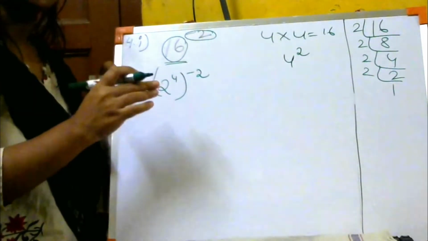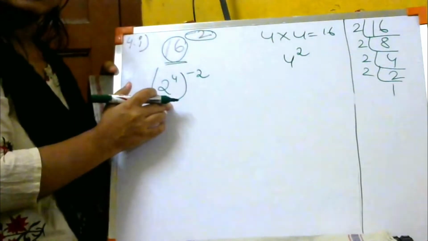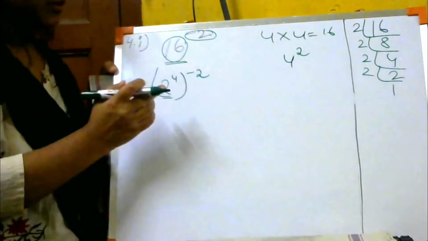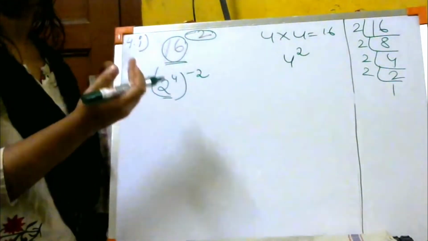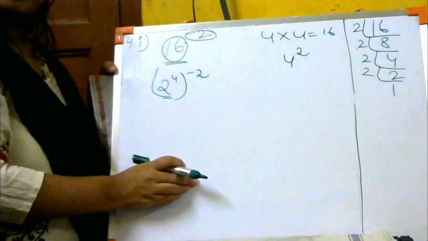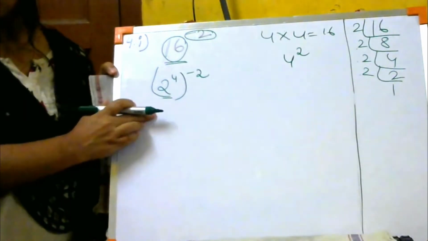You cannot change the value of 16 into some other value. You have to keep the value 16. But तुमको 2 के form में लिखना है. So how will I keep it in 2's form? 2 to the power 4 is 16. ठीक है? What do you mean by 2 to the power 4? Means 4 times 2 is being multiplied. Clear? So now I have changed the base in the form of 2.